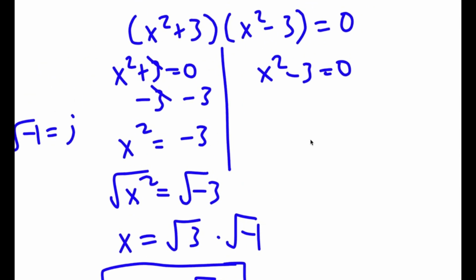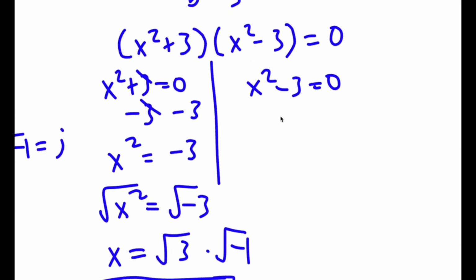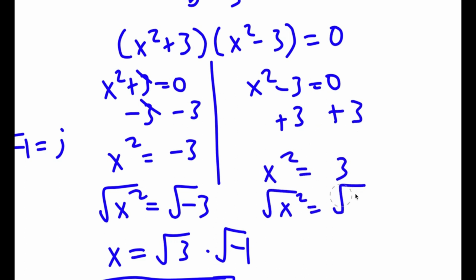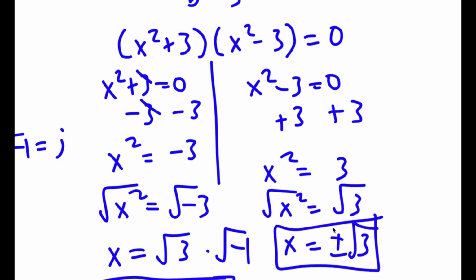So now for x squared minus 3 equals 0, all I have to do is add 3 on both sides. So now I have x squared is equal to 3. Now if I take the square root on both sides, I have x is equal to positive or negative square root of 3. So these are my 4